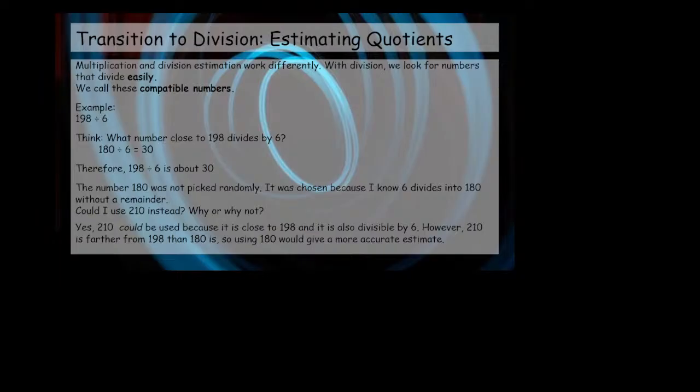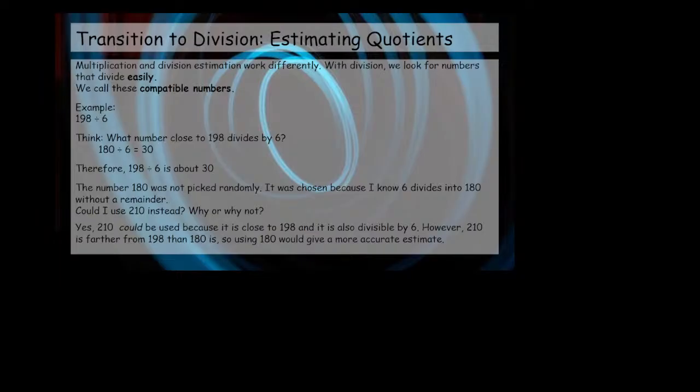If you need help with this, 198 minus 180, what is that? That's 18. However, 210 minus 198, that is 12. So they can both be used, except 180 is easier to use